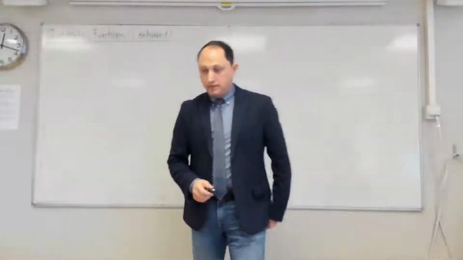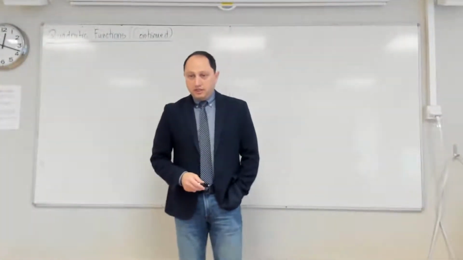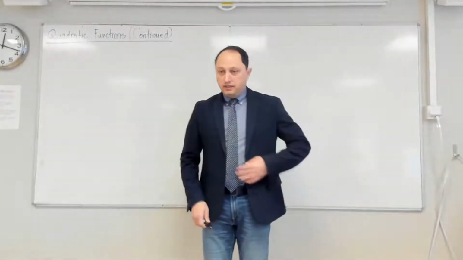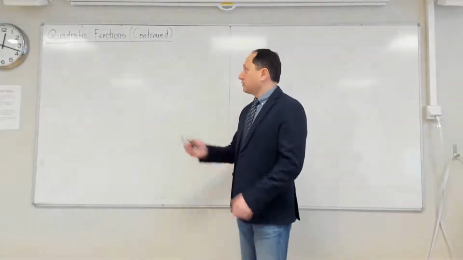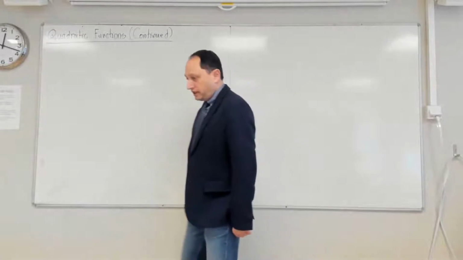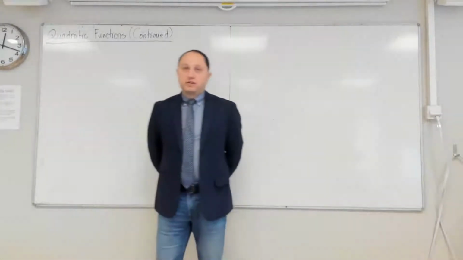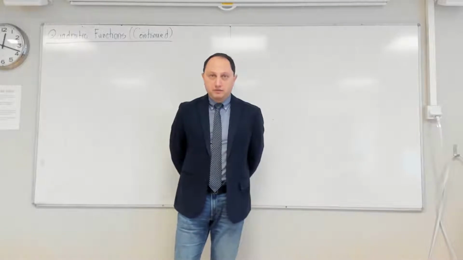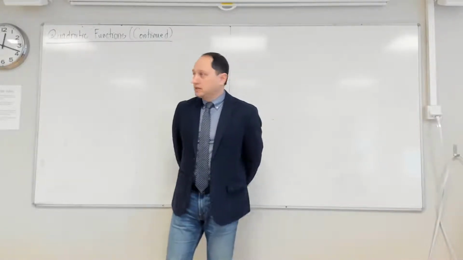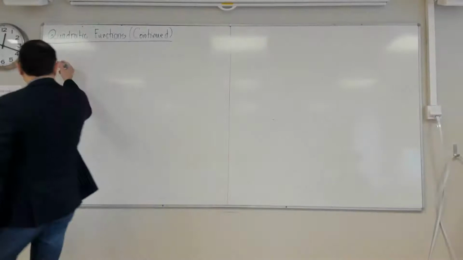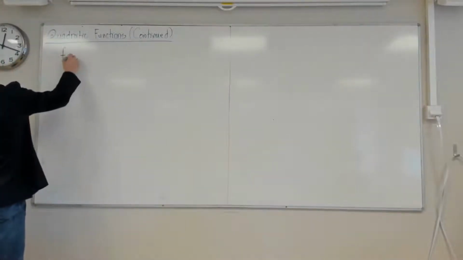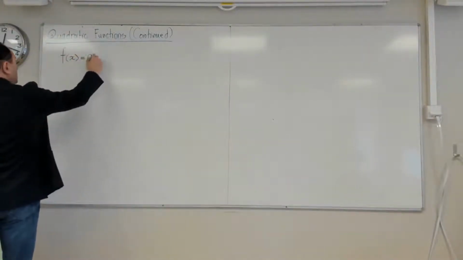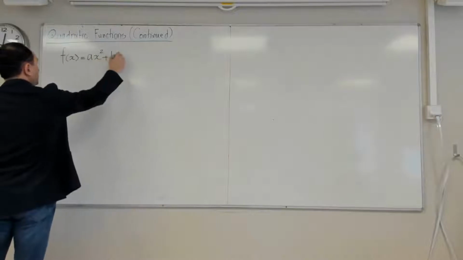Okay, so we can continue the lesson here. So we learned about quadratic functions. We learned that the graph of these quadratic functions is a geometrical shape called a parabola. And we learned that if I have a second degree polynomial or a quadratic polynomial of this form,